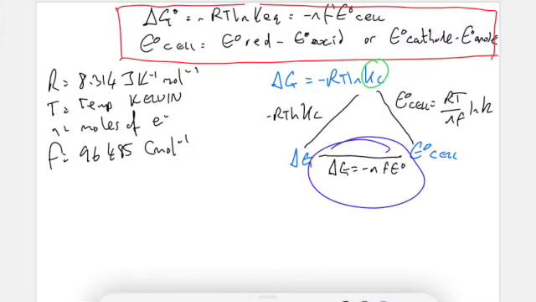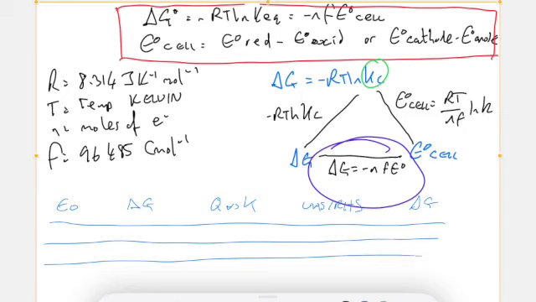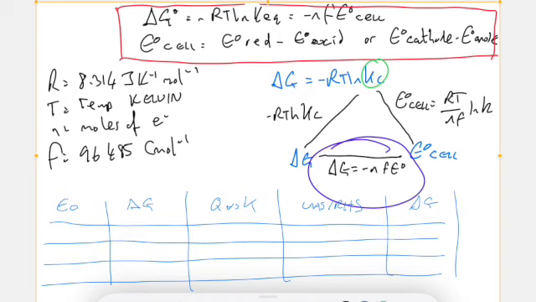So let's take a moment to explore this relationship that we just introduced at the beginning of this video. I've now included the quantities and their definitions on the left hand side. R is still 8.314. It always has been, it always will be, joules per Kelvin per mole. Temperature is always in Kelvin. I can't think of an instance in IB chemistry where you leave it in degrees C, so keep it to Kelvin, unless it's delta something, like in delta T, then it doesn't matter. n is moles of electrons used. Don't forget, the same electrons that go in are the same electrons that come out. And Faraday's constant is just a constant,